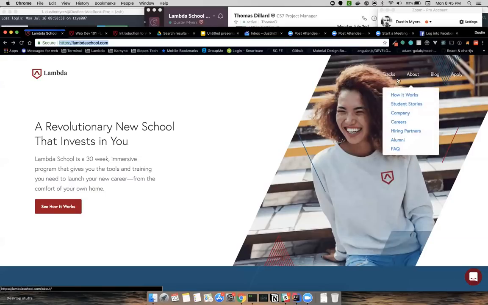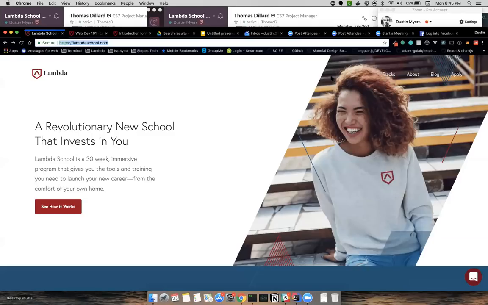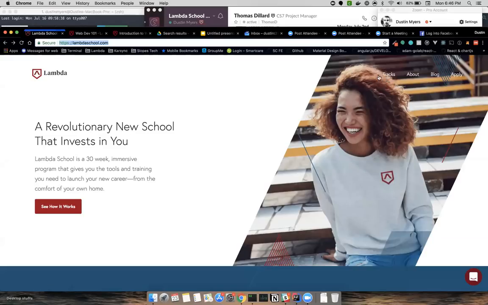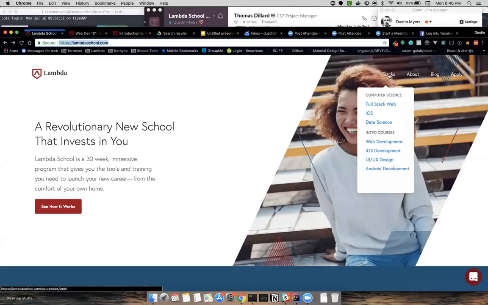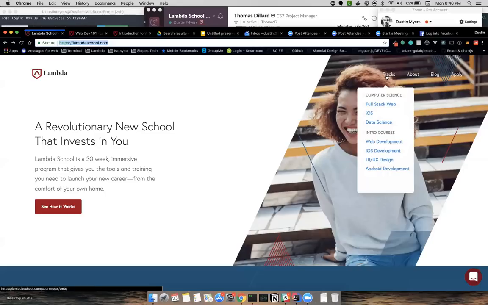If we look at this menu, it's kind of an interesting thing because we've got these drop downs that show up when we hover over either of these two menu items. The behavior of this drop down, that it shows up when we hover, is coming from JavaScript. So it's the JavaScript in this website that's telling this specific drop down box to appear under tracks when I hover under tracks.